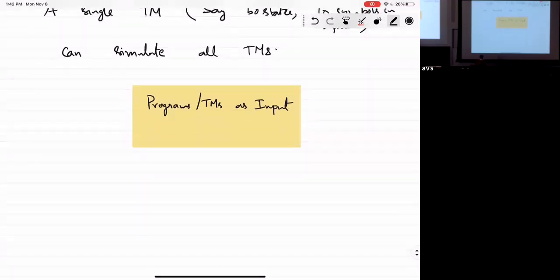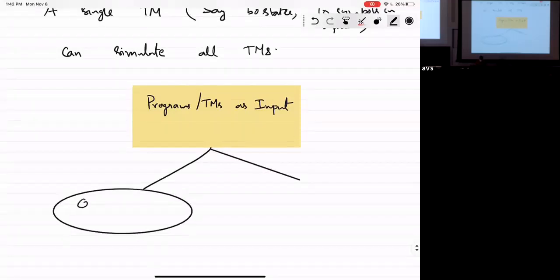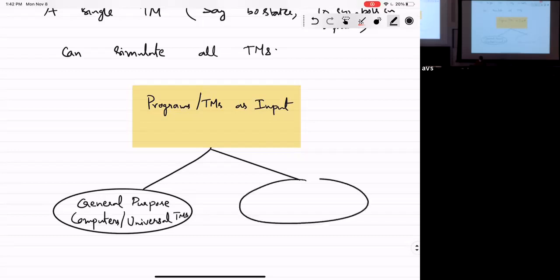We'll write programs or Turing machines as input, and that will lead us to general purpose computers or universal Turing machines. The other is uncomputable functions.